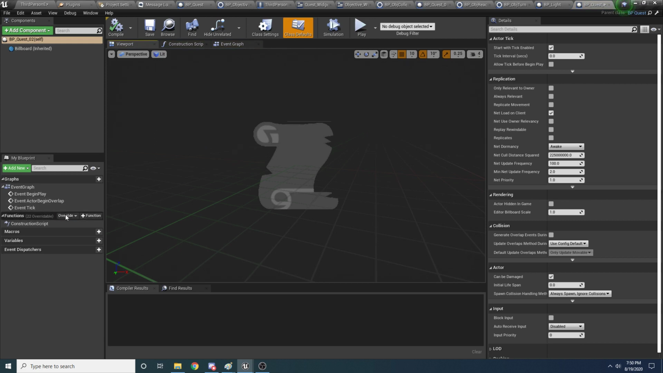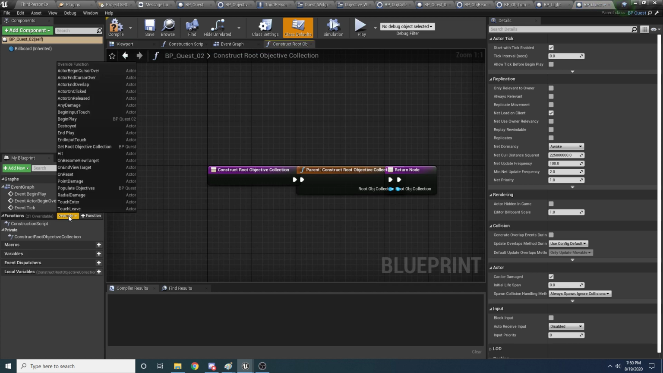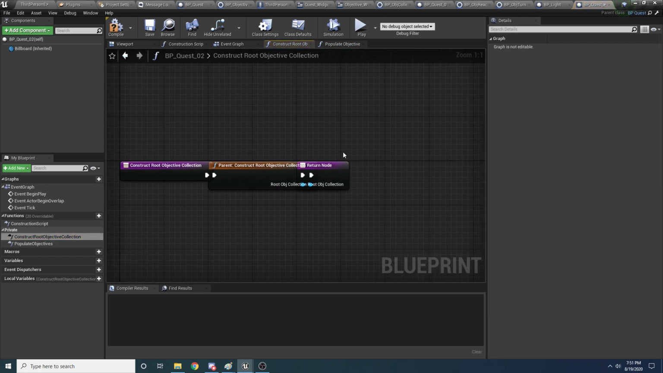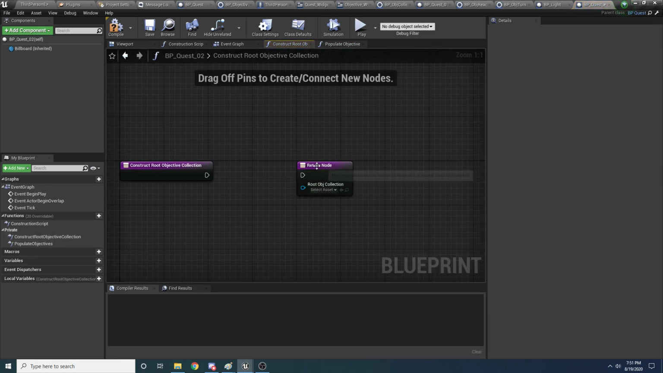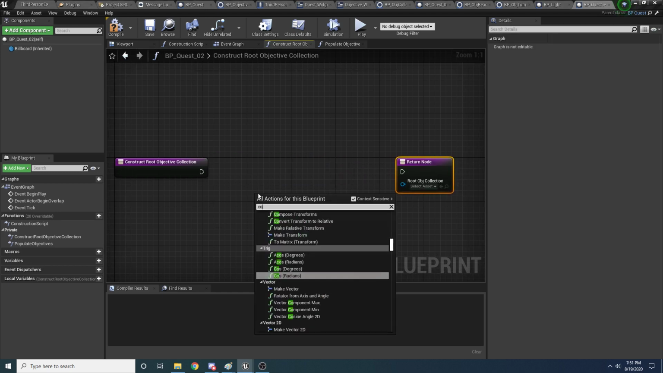And the first thing we want to do, just like we did for the other quests, and this is kind of the pattern you'll get into once you start creating a lot of quests, is we want to override our construct root objective collection, because we always need to do that. And we want to override our populate objectives, because we always need to do that. So for construct root, we don't want this parent one, because that just prints the error, if you remember. So we want to construct our root collection. So we'll say construct